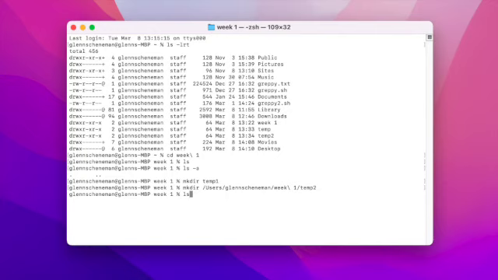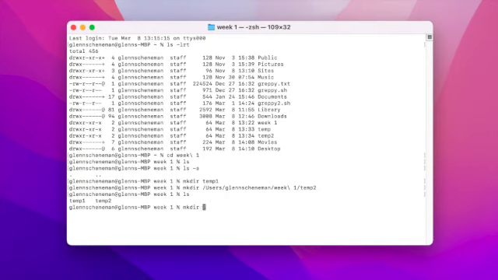Now if I do an ls, I can see I've got 2 different directories, temp1 and temp2. I can't actually tell that they're directories, but I know they are, and I know that all directories are files. So now I'm going to show you a really important parameter with make directory, and that is the parameter to create parent folders if they don't already exist. So when we go ahead and do that, if we type